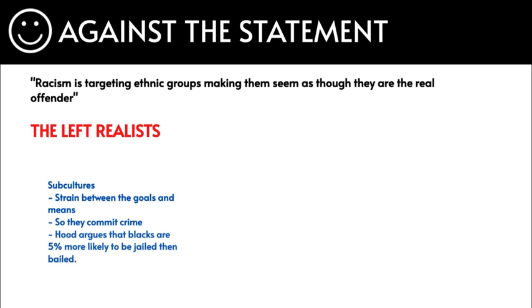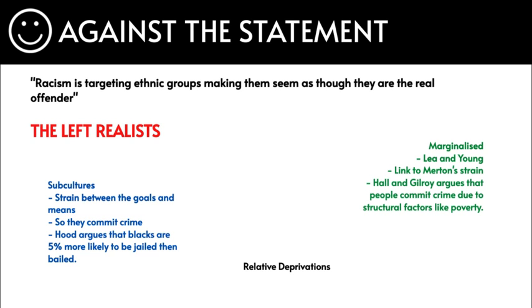Hence, they commit crime. And Hood argues that blacks are 5% more likely to be jailed than whites based on subcultures. So remember to draw in ethnicity as well, because the question is also about ethnicity as well as racism. Relative deprivation could be used as a valid argument, saying that, you know what, it's not racism, but rather it is relative deprivation that is causing these ethnic minorities to maybe seem or not seem as though they are the real offenders. You can use marginalization. Lea and Young, another sociologist, link it to Merton again between the strain. And Hall and Gilroy argue that people commit crime due to structural factors like poverty,